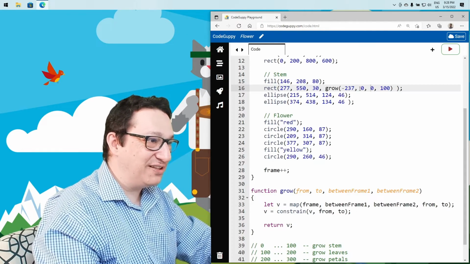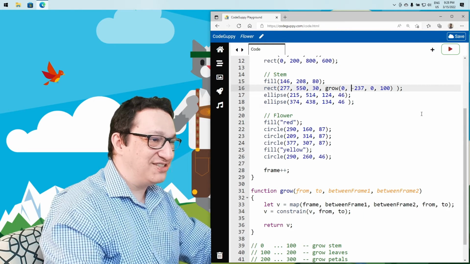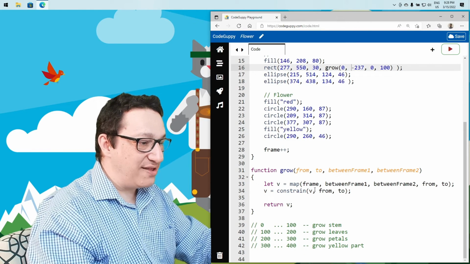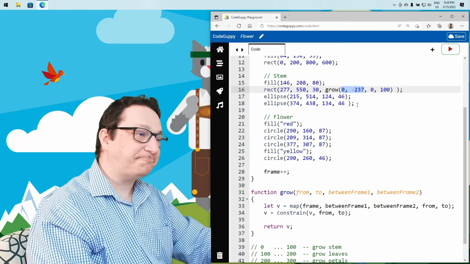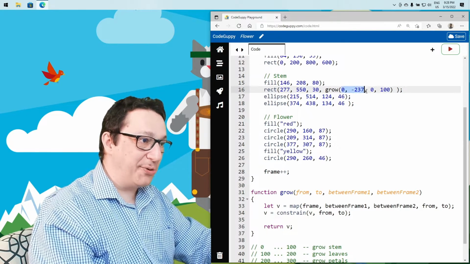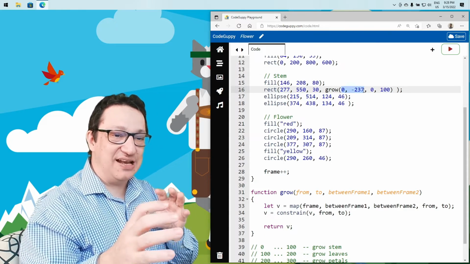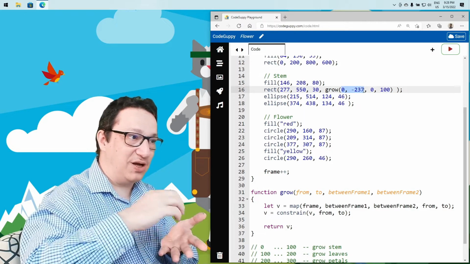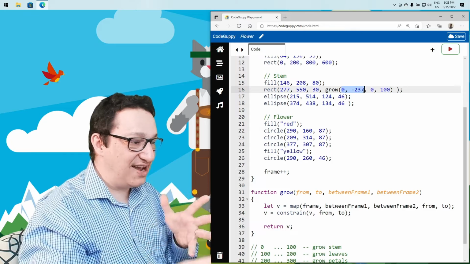Yeah, we solve it to appear, but it's just not going the right direction. All right, so I think I know what we have to do. So basically here it's going between 0 and minus 237. The numbers should be in correct order. So basically the first one should be less than the second one, and since they are not,